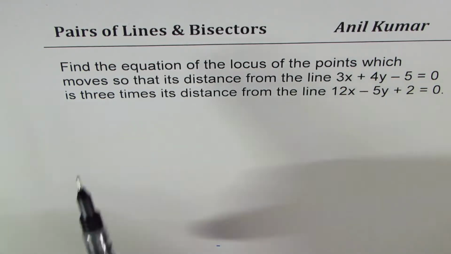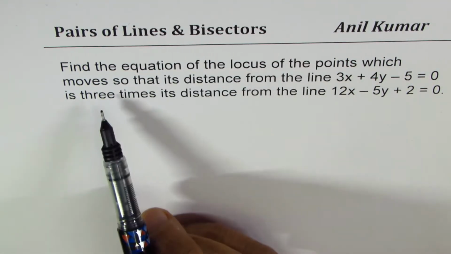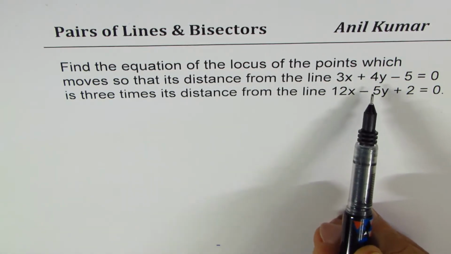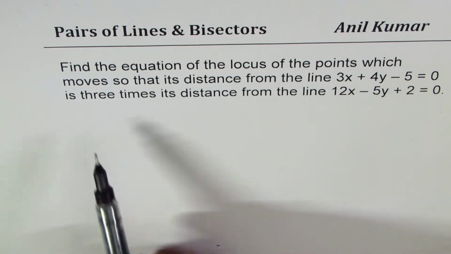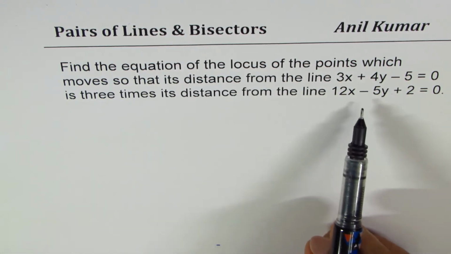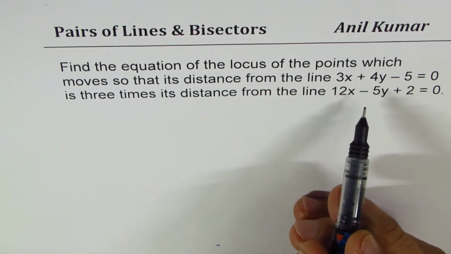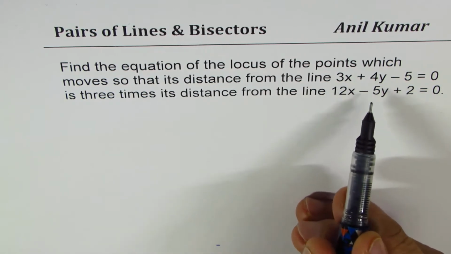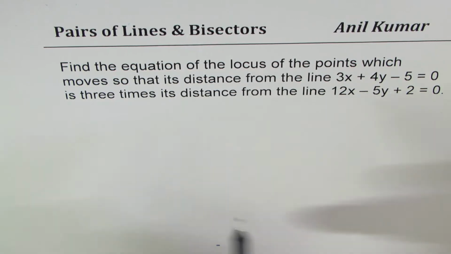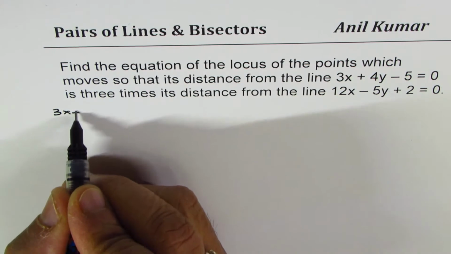The question here is, find the equation of the locus of the points which moves so that its distance from the line 3x plus 4y minus 5 equals 0 is 3 times its distance from the line 12x minus 5y plus 2 equals 0. So we can apply the distance formula from a point to both these lines and equate it to 3 times the distance from the other line. So the formula, as you know, is 3x plus 4y